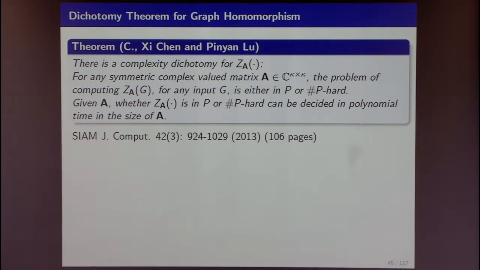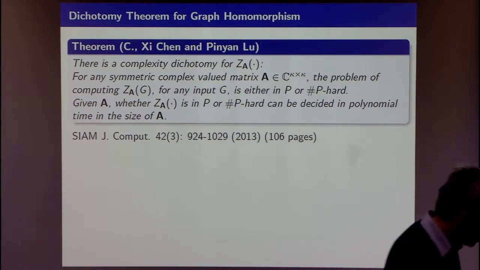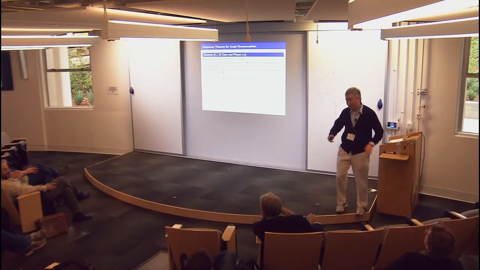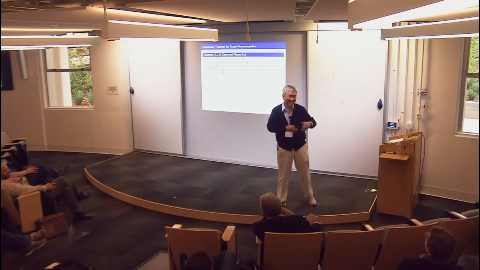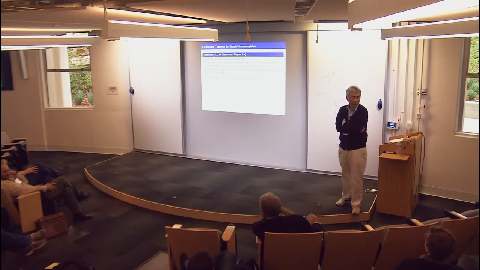The function is finitely computable. The question is, does it take 2 to the n steps? Or something like that. So the naive is this 2 to the n? Well, it's kappa to the n. Yeah. Okay. So Jin-Yi, suppose a particular matrix is hard to compute. So there's some graph for which it's hard to compute. Well, there's a sequence. I mean, it's not a single graph. So it's an infinite family of graphs G for which it is hard. But it could be easy for some inputs.